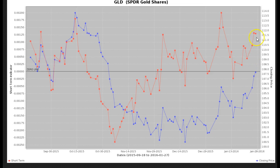And you can see we're moving up into the overbought area. But again, I think we're still going to continue to rise even higher, and I'll show you the long-term oscillator in just a moment here. What this is showing is that people are losing confidence in what the Fed is doing, and therefore they're looking for the safe havens to go into. Gold, even silver, are the safe havens, as well as the TLT ETF, and also